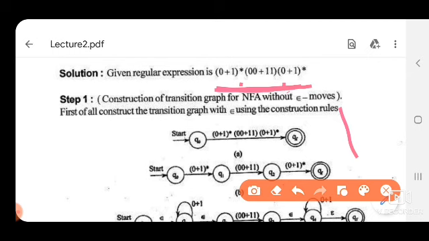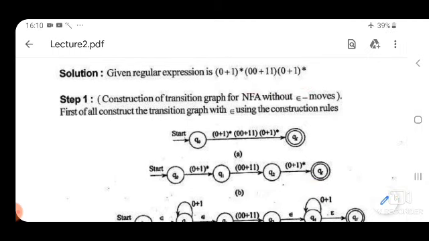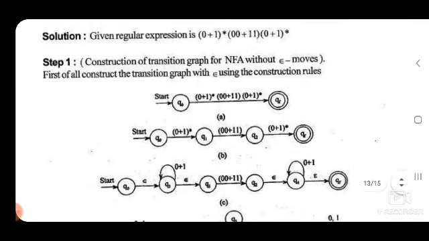All these cases are as we have seen in the block diagram on the first page: from regular expression we can go to NFA with null, from NFA with null we can move to NFA without null, and from NFA without null we move to DFA. So, in this example we have to take all the steps.